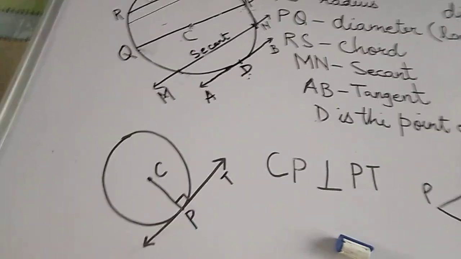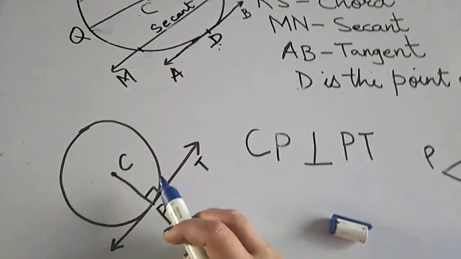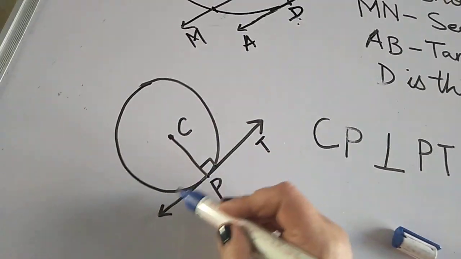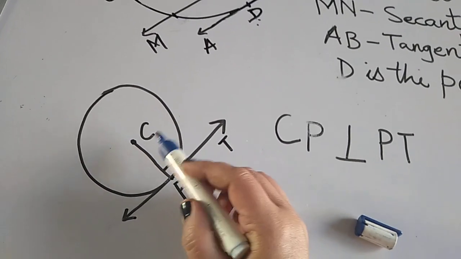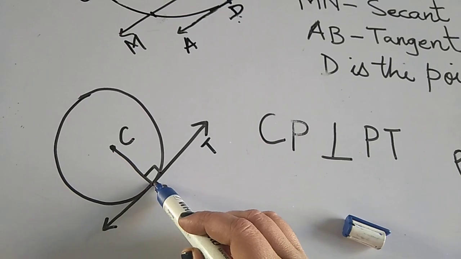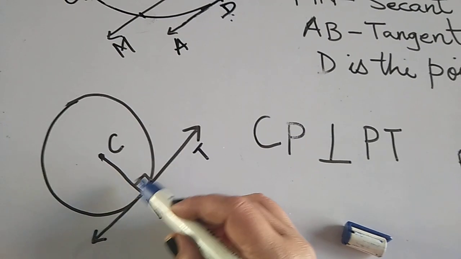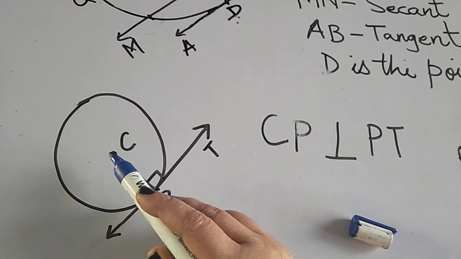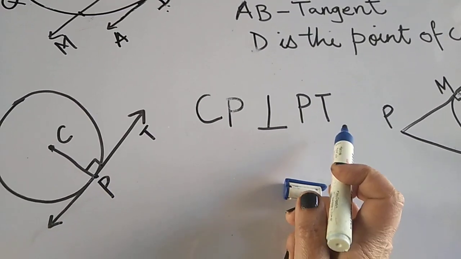Now coming to the property of a tangent. All this proving you will learn in higher classes, children. You won't understand if I try to prove it here. Now, if this is a circle and I draw a tangent, this is tangent PT, which is touching at point P, and C is the center of the circle. If I draw a line from the center of the circle to the tangent, it is always perpendicular. The tangent is always perpendicular to the line coming from the center to the point of contact. So we can say that CP is perpendicular to PT.